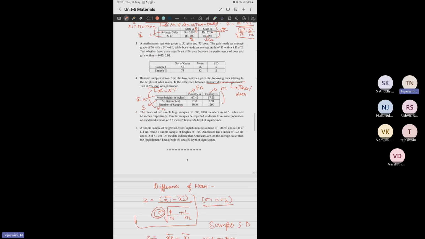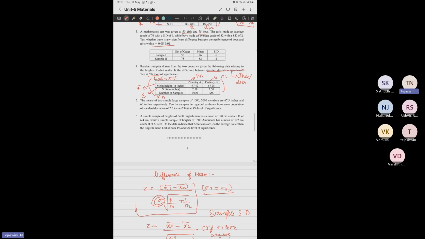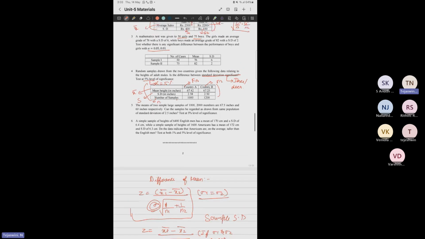For a given mathematics test, 50 girls and 75 boys took it. The girls made an average rate of 76 and the boys made an average rate alpha. So basically, they have given us 50 girls and 75 boys over here, and the sample mean is also given to us. We'll have to check, since they have asked just the significant difference, if mu1